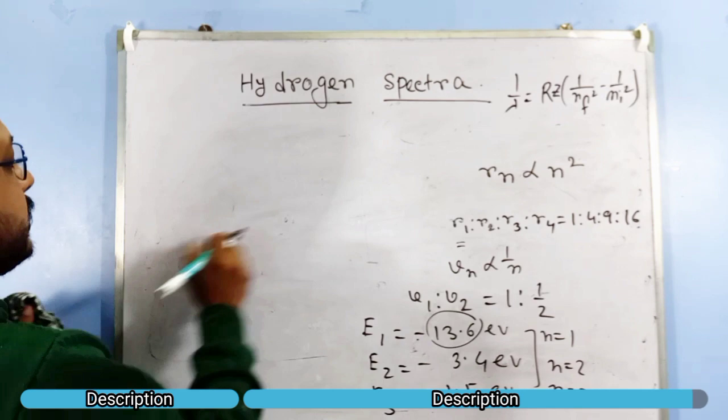And as we go from the ground state to the upper levels, the energy increases. The energy in the ground state is the lowest, and its value is minus 13.6 eV. And obviously the minus sign means the force is attractive, that is, the electron is bound to the nucleus. In many exams it is asked what is the significance of the negative sign? This negative sign means the electron is bound to the nucleus.